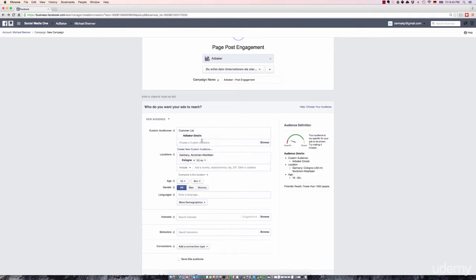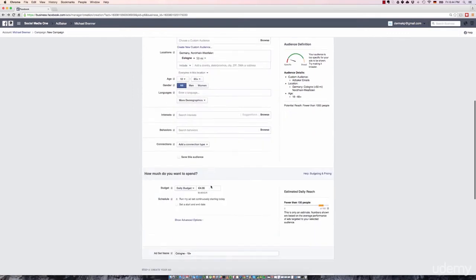If you just want to reach a specific set of your customers living, for example, in the United States or a specific city, or who are between 40 and 60 years old and just male or female, just go ahead and do it. But in 99% of the cases, all you have to do is to select your custom audience, the list of your customers or email subscribers you want to reach out to, and that's it. That's everything there is to it.